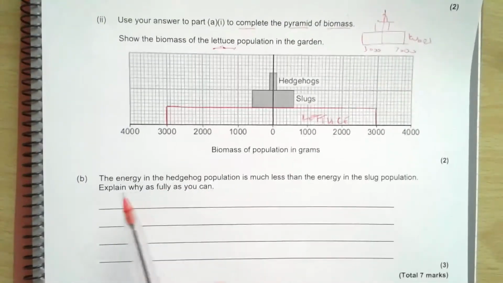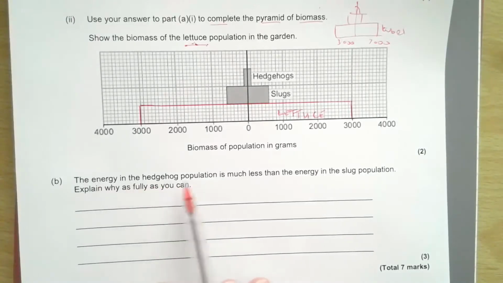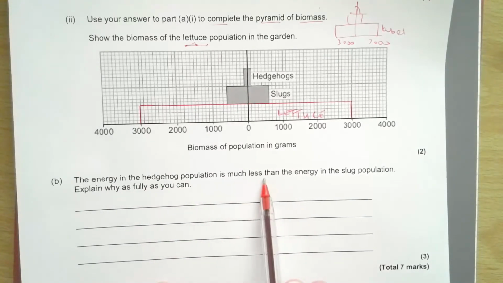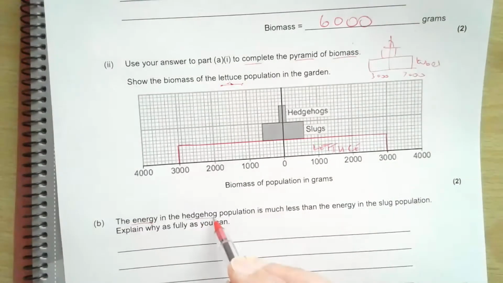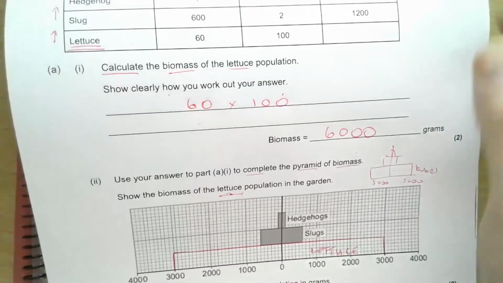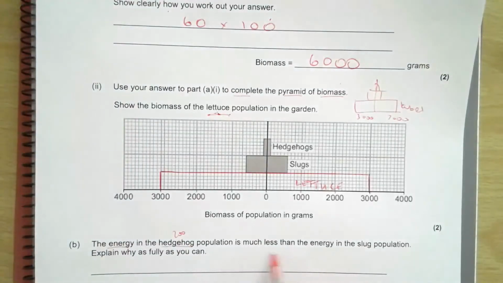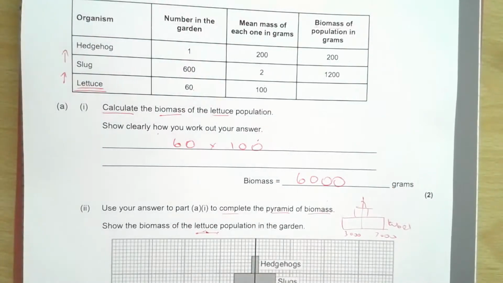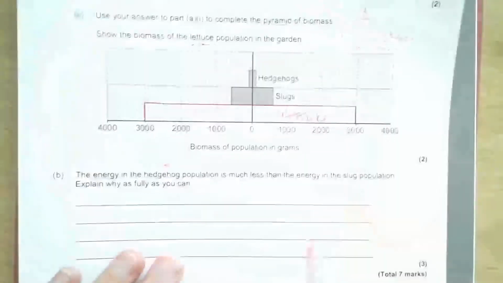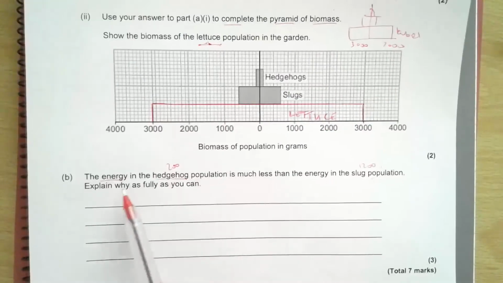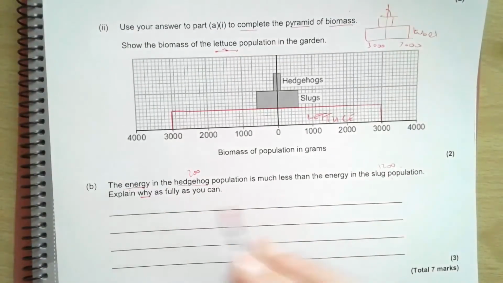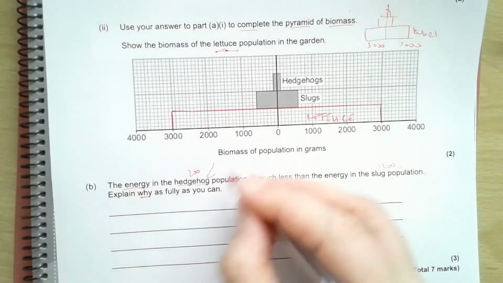Move on to the last question. The energy in the hedgehog population is much less than the energy in the slug population. If we look at total mass, total biomass, that's 200, which is much less than the energy in the slug. Well, let's look. Okay, so we've got some numbers here to help us. Explain why I have less energy in my hedgehogs